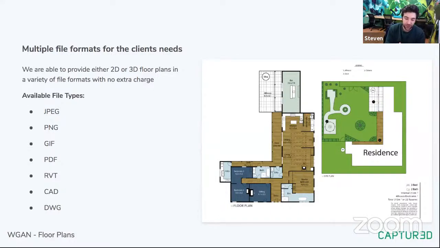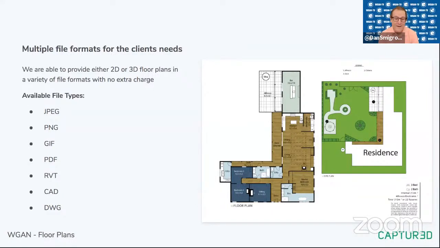I'm not an expert on each region, but I appreciate that in some areas, you need to go to the exterior wall. Some is the interior wall. Some include the garage as part of the total area. Some don't. Any areas that heated is considered part of the floor span space. So each place is different. And so what we like to do for our customers is understand firstly the region that they're in, and we've probably got the standards for that region. But if not, we'll communicate with them to understand what they would need to see out of that floor plan and how it is measured. And we can provide that back to them quite easily.